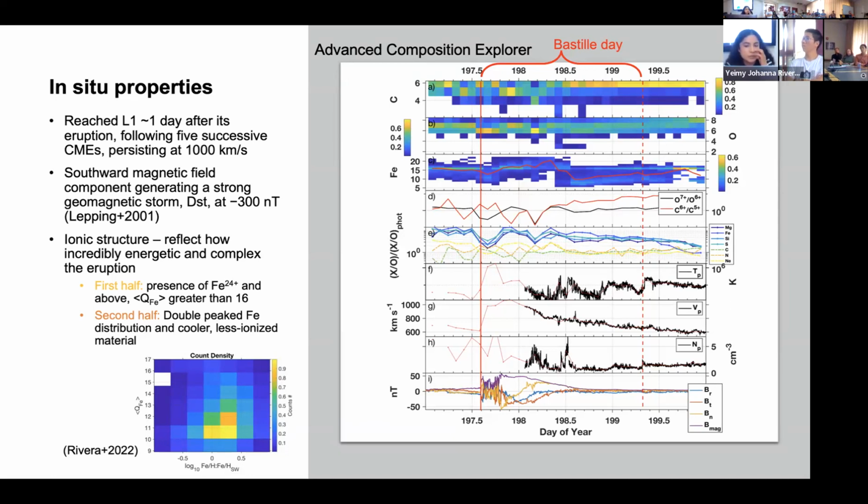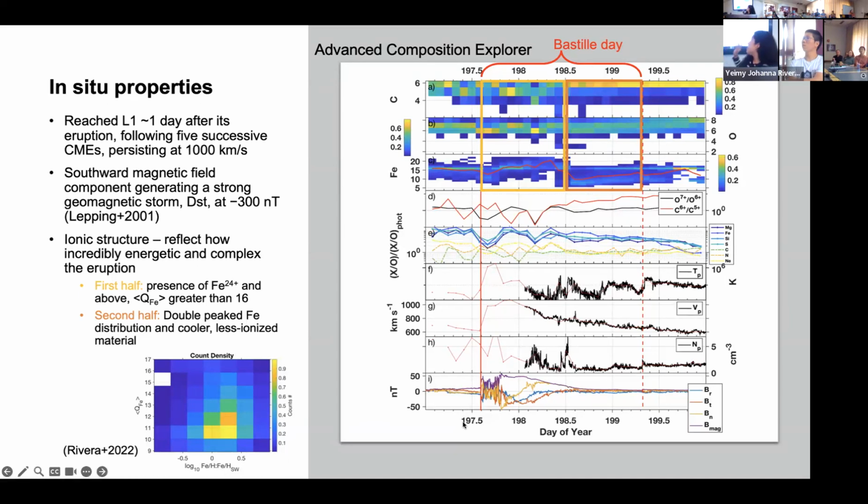The absolute abundances change, because the plasma is expanding and density is getting lower, but the ion ratios, the relative abundances themselves, will be completely frozen into the plasma, which is great for us because then we can take a look at them, model them and reconstruct them, and get these very, very high thermal resolution constraints on the evolution of the solar wind or a CME in our case. And so for the Bastille CME, that's exactly what we've done.